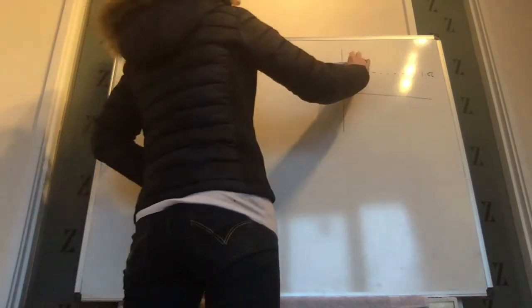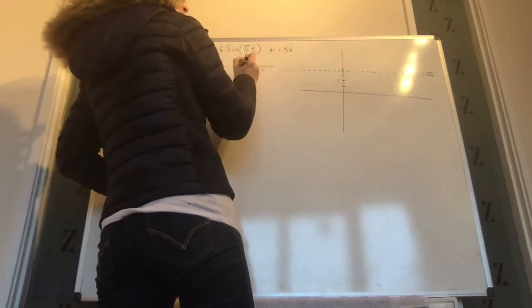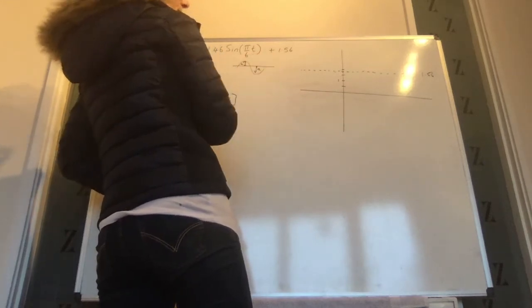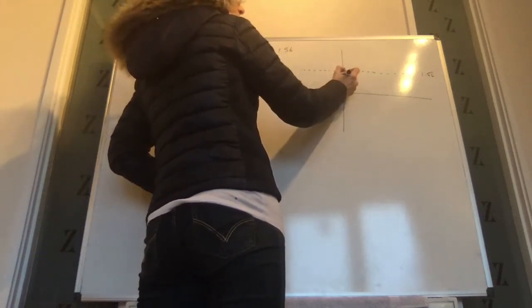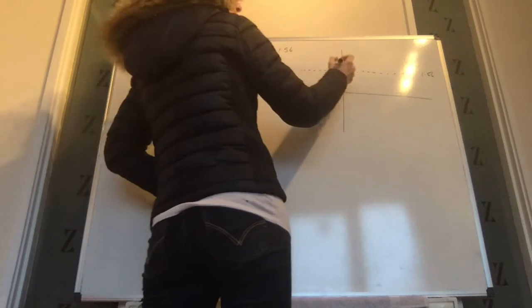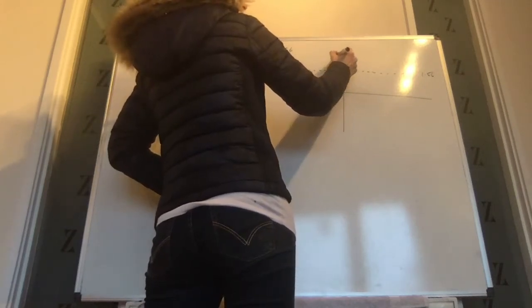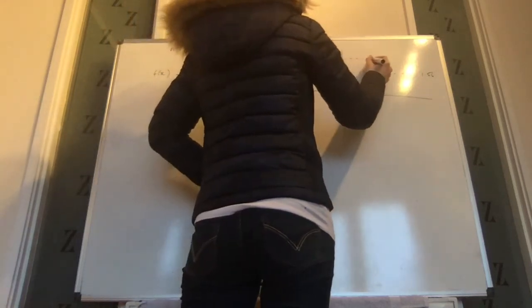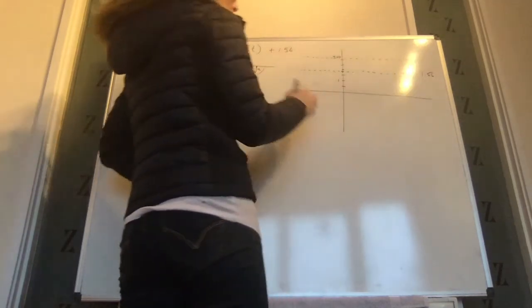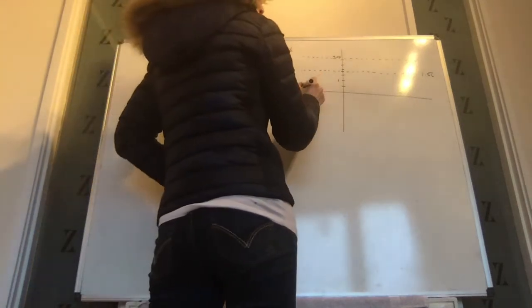That means the amplitude, remember, of a sine wave, that's the a there and the a there. It's the height. So our sine wave is going to go between 1.56 plus 1.46, which is 3.02, and 1.56 take away 1.46 leaves you with